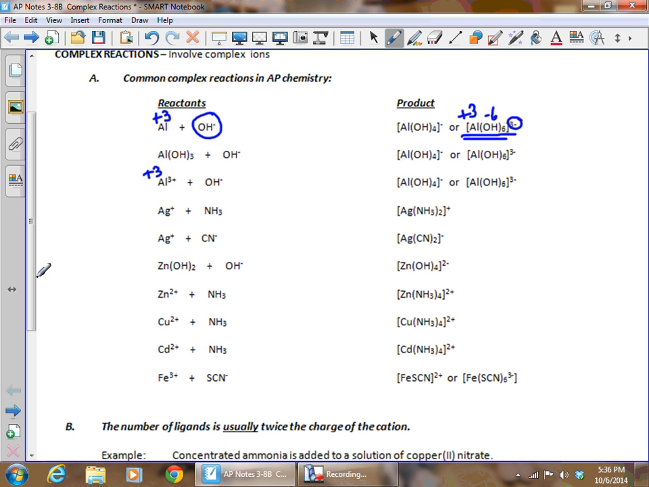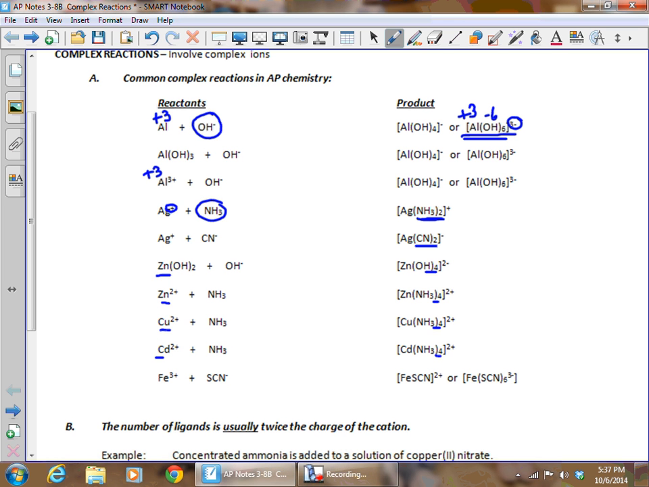Take, for instance, ammonia attaching to silver. Silver's charge is a +1, so we can count on doubling that charge to 2, and sure enough, that's how many ammonia or amine ligands attach. Same thing for the cyano ligands that attach. All of these +2s down here, zinc, the copper, cadmium, double the charge, so we end up with 4 attached